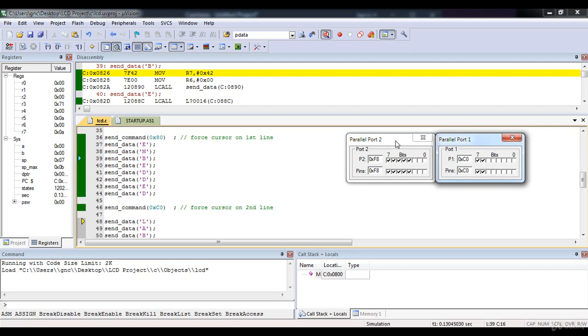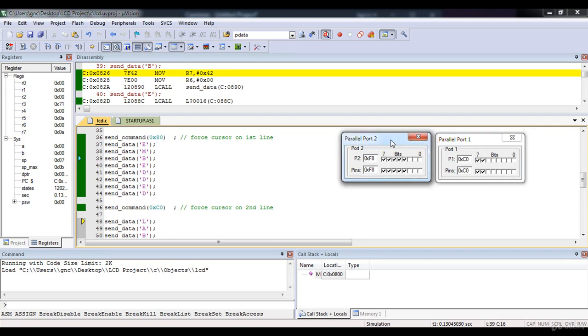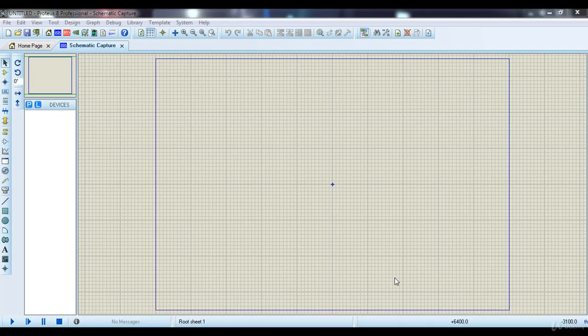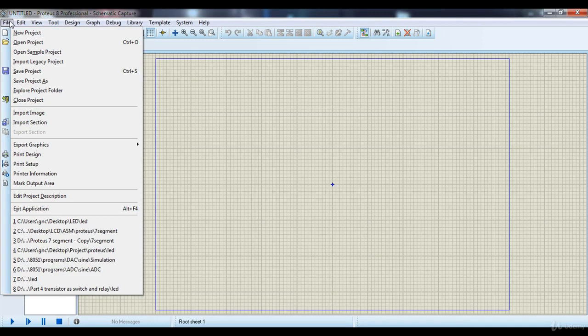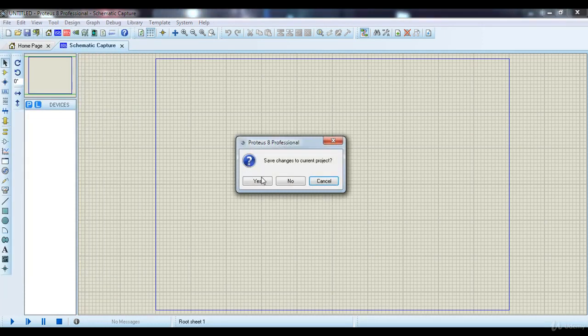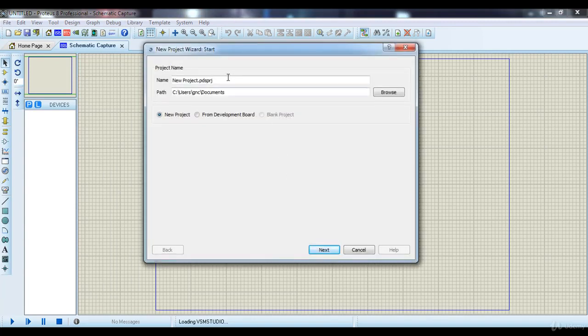So for that purpose, we can use Proteus software. For better visualization, open the Proteus software and click new Proteus project. Give name to your project. In my case, it is LCD.